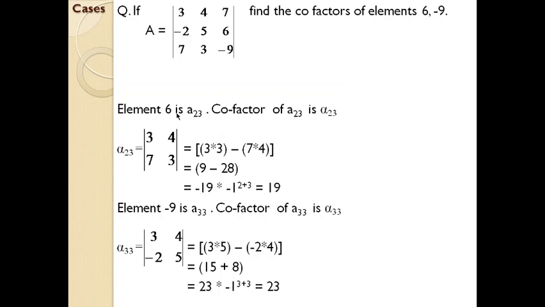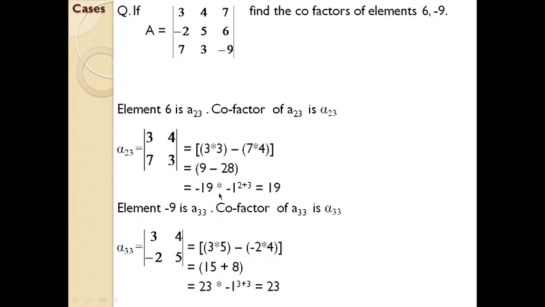And cofactor is, if you are multiplying that particular minor, here the minor of 6 is -19, multiplying that particular minor with -1 raised to i plus j. i represents the row in which that particular element stands and j represents the column in which that particular element stands. So it's in the second row and third column, so 2 plus 3, it will be 5. Since it is an odd number, the sign will remain negative. So -1 into -19, you will get +19.